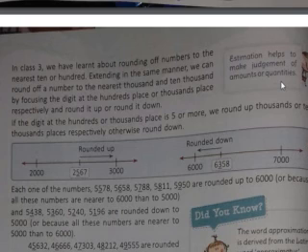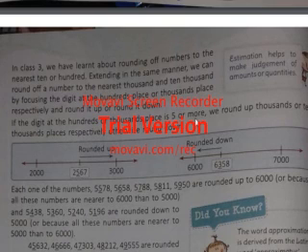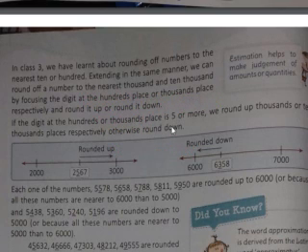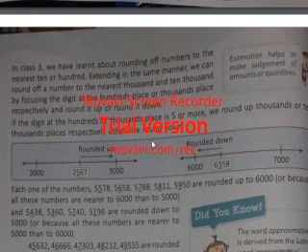Okay. So from here it has been written also, if the digit at the hundreds or thousands place is 5 or more, we round up the thousands or 10,000 place respectively, otherwise down. Already I had said 5 or more, then it should be rounded up. And if it is less than 5, then it is rounded down. Either it is the 100 place, 1,000 place, 10,000 place or 10th place. In all cases, in the 10th place we are watching the ones digit, in the 100th place we are watching the 10th digit, in the 1,000th place we are watching the 100th digit, and in the 10,000 place we are watching the 1,000th digit.